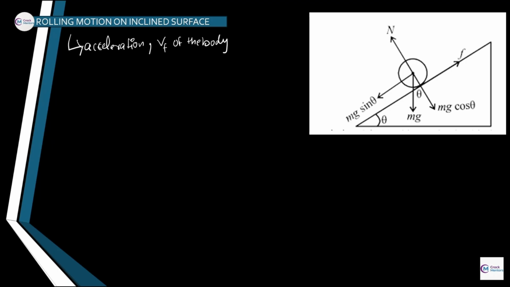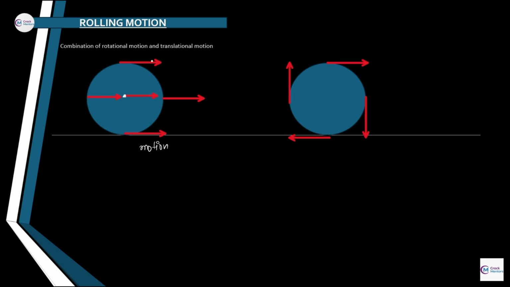Now there is something that I'm going to explain to you right now. This is rolling motion, and afterwards we are going to see pure rolling motion as well. Why am I explaining this? Because these are the basics of rolling motion on an inclined surface. When you know what rolling motion is and what pure rolling motion is, then you are able to understand how rolling motion on an inclined surface actually works. It is the base of the building, and if the base is strong, then the building is also going to be very strong. Now let us talk about the thing.